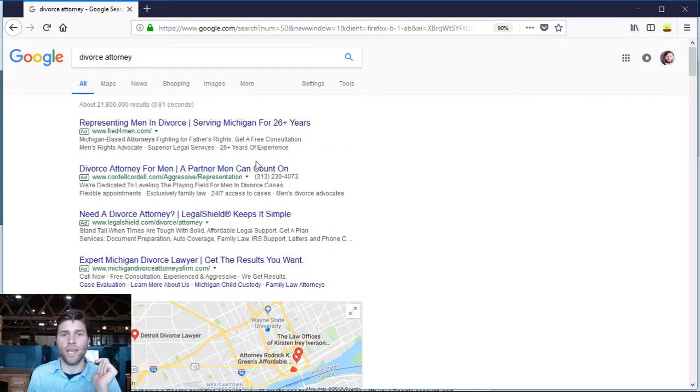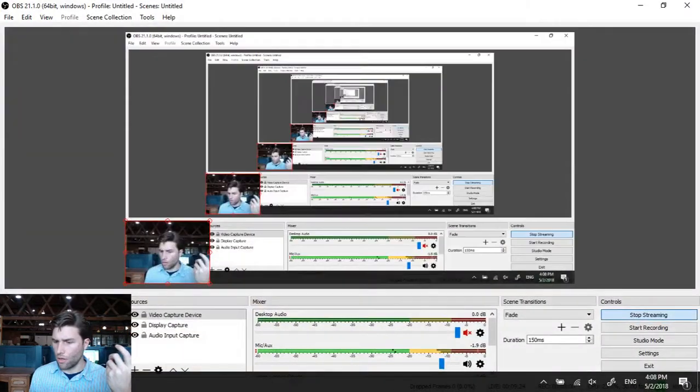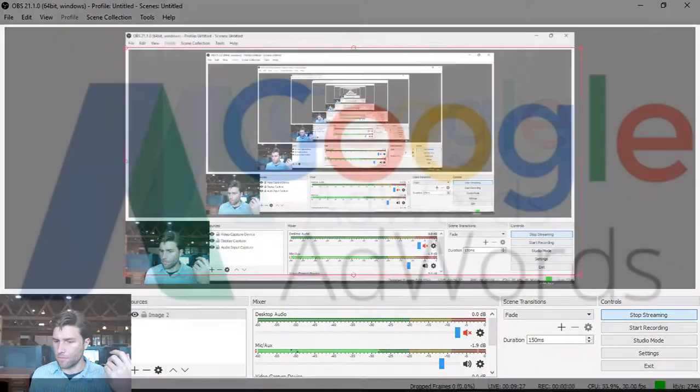And once again with that, you can test things out. When you're running a pay-per-click campaign, it's not just one campaign. So let's say you put $100 into a campaign. That doesn't mean you have to run one ad. You can run multiple ads and test them against each other during the same time frame. So let's say you have $500 that you want to invest into your advertisement campaign. That doesn't mean you should just run one ad and blow $500 on it. No, that means you should probably run $20 on that ad, $20 on another, and do some testing between them. We'll get more into that in a second.